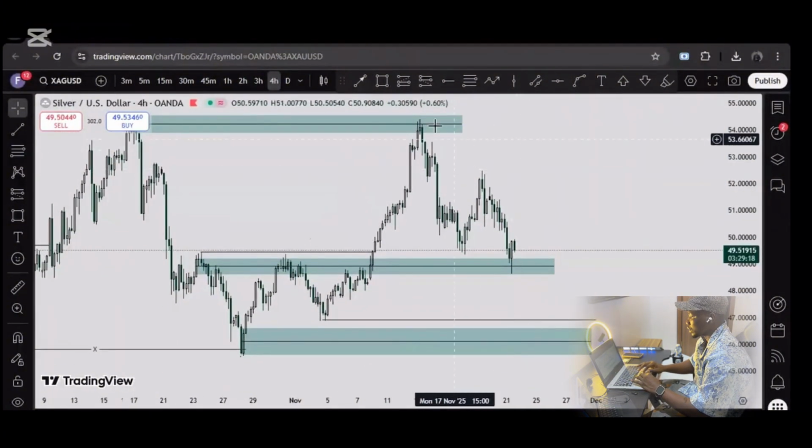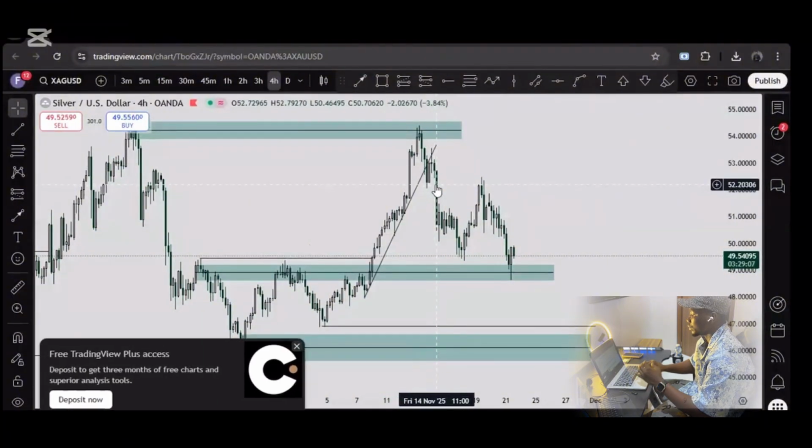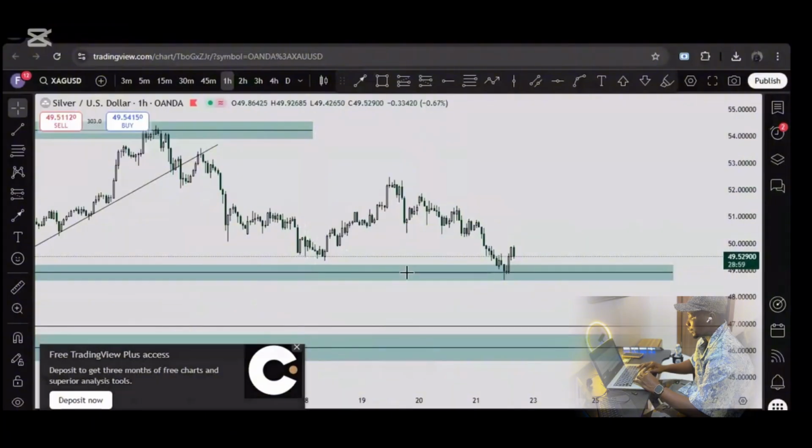I realized that there was a trend line right here. If you draw this trend line, you will see that the market has already broken this trend line and then pulled all the way down. So that gave me confirmation that okay, the market has already given me a break of structure right here. If you go to the 1 hour time frame,